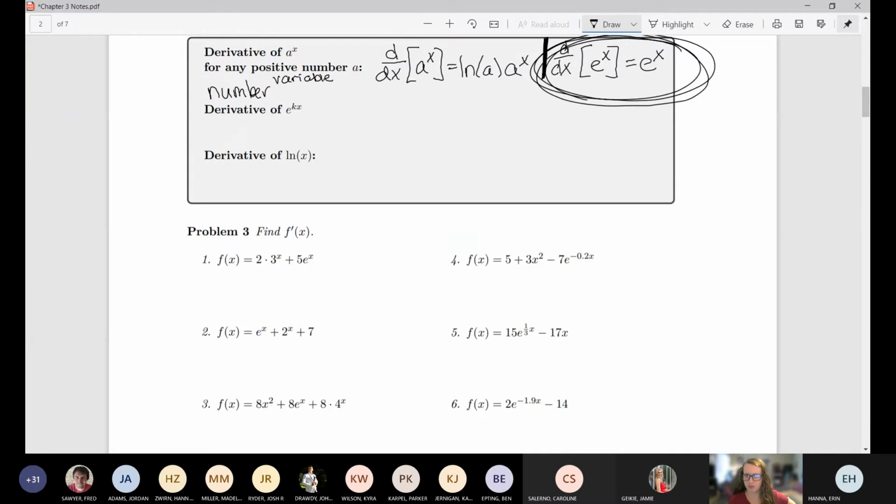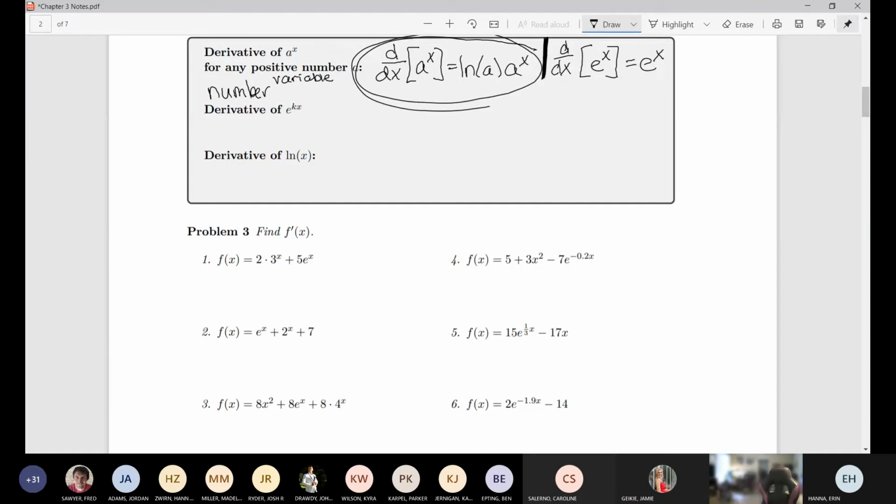Yes, I said that you should be memorizing these, but to be honest, I personally almost never use this rule. We'll use this rule in the examples below, but after that, it's much more often that we use the e to the x rule than the a to the x rule. So take solace in that, I guess. But anyway, and then if we want to take the derivative